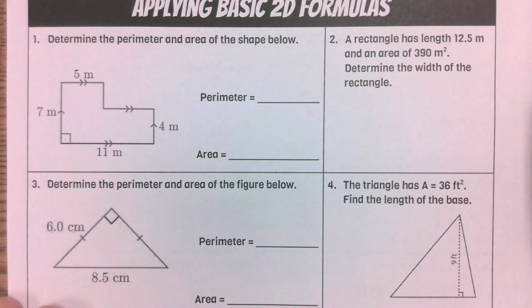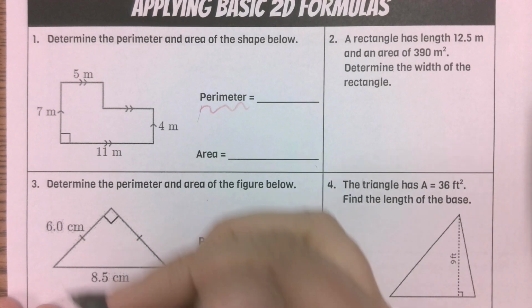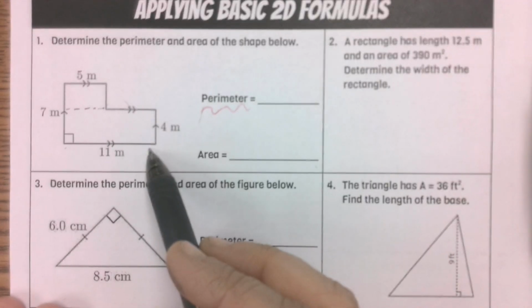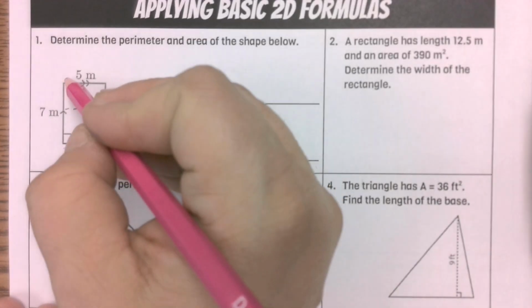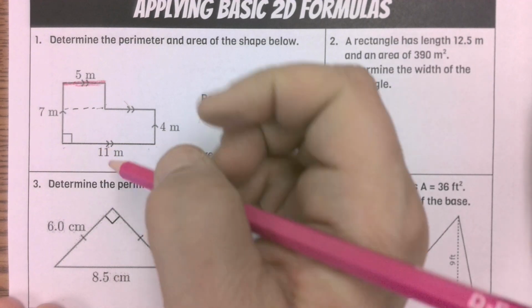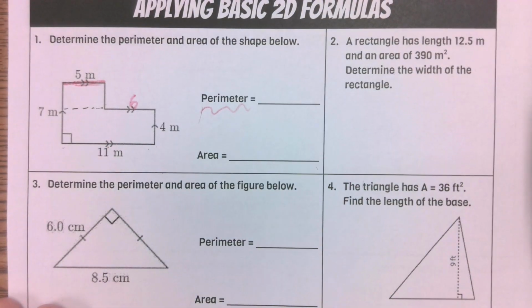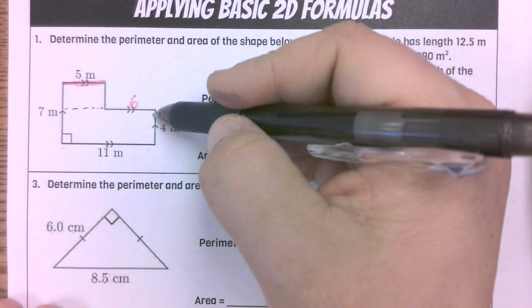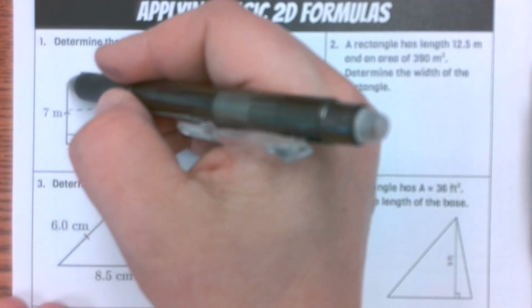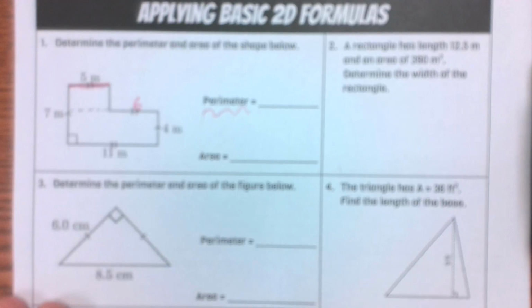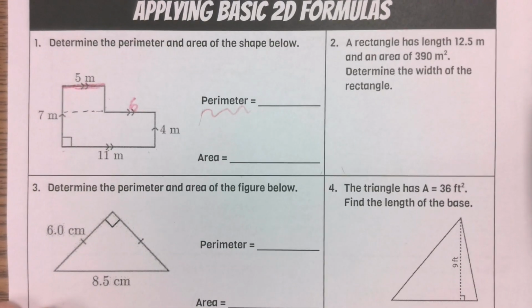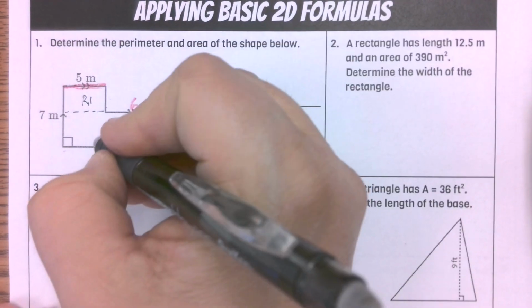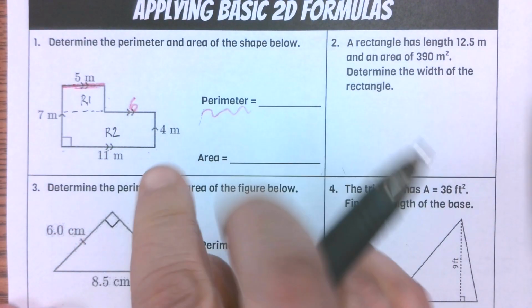If I want the perimeter, that means I'm looking at the outside edges, but I'm missing, for example, this side and this side. All right. However, I know that this entire length is 11. I have used 5 of that here, so the remaining amount has to be 6, right? I expect that you can also figure out what this part is by looking at the fact that we've used 4 already, and then what would remain would be equal to this part, okay? You're also going to use that when you're calculating area, because you're going to break it into 2 rectangles and calculate the rectangle on the top and the rectangle on the bottom, using those missing sides that you've solved for,